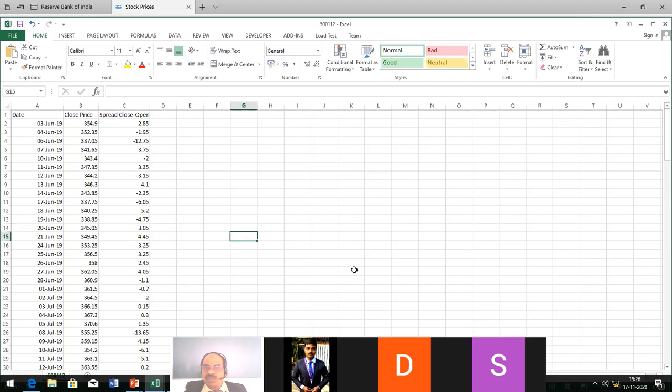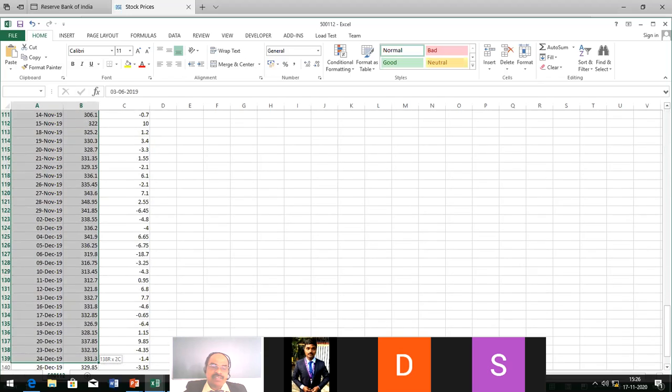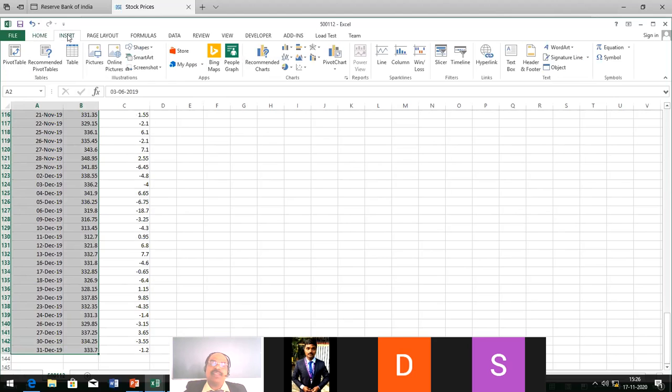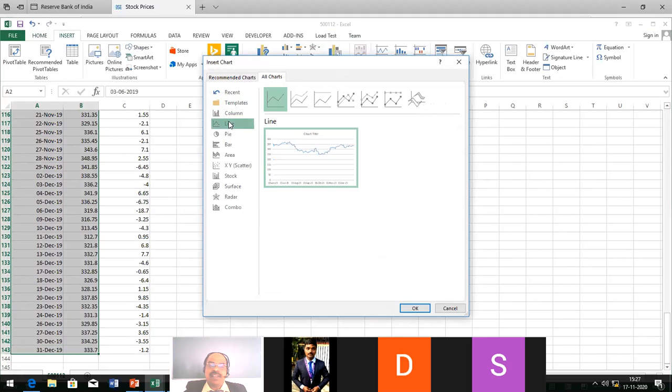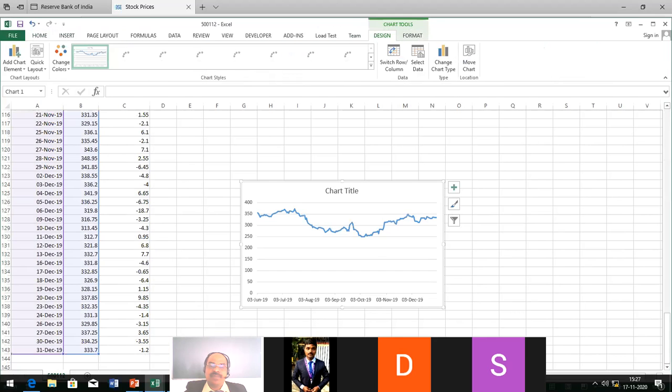As a minimum, as I already told, once you gather data, try to fix the trend. How to fix the trend? You can select the prices, and you can select any chart that is available. You can try to fix the trend. Okay, line chart. Now you can study that one.